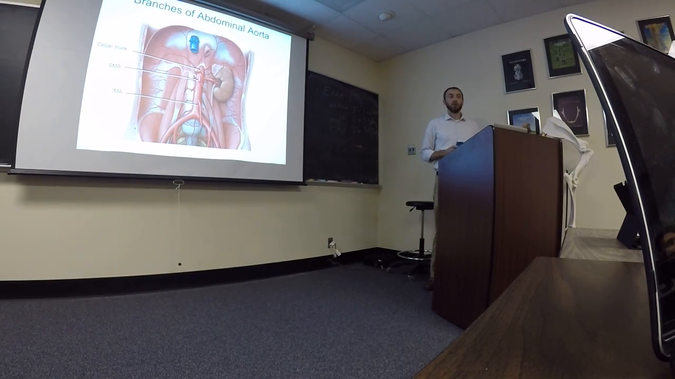All right, so these were our three unpaired branches of the abdominal aorta, but you probably noticed that there are quite a few other branches back there as well. So these ones that we're going to go